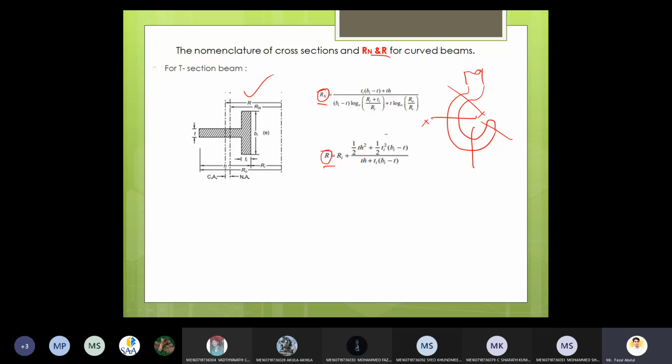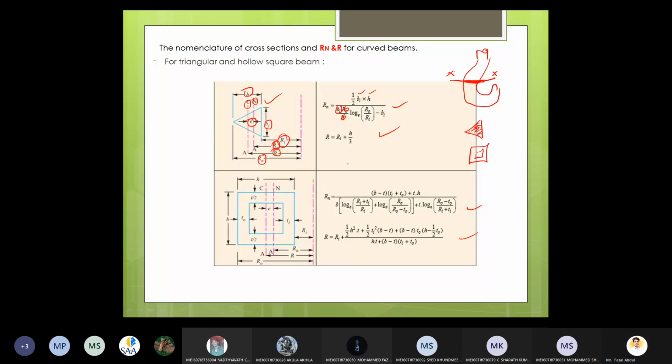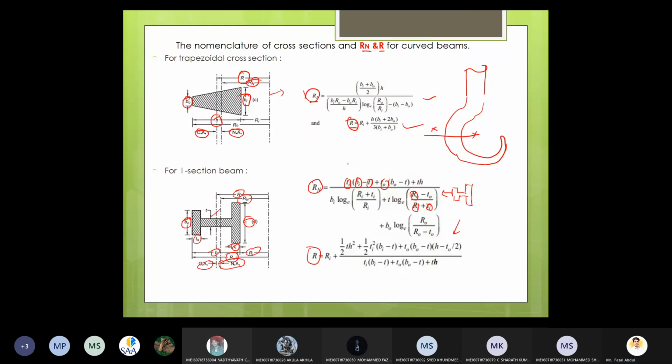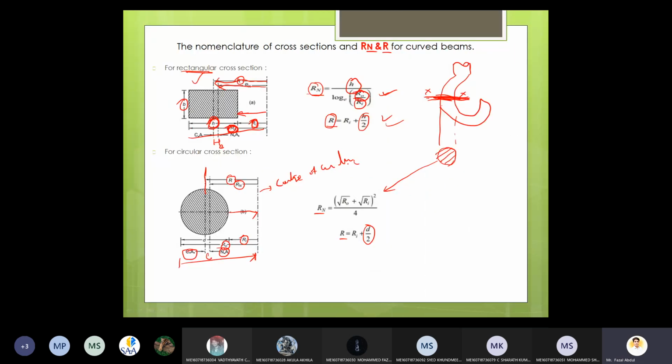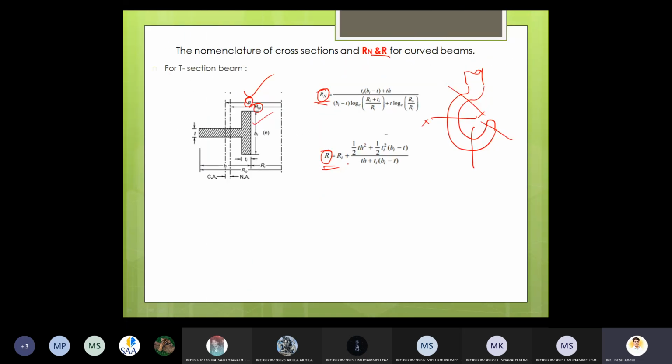It means in this topic, particularly in this unit, to solve the numericals, you have to be perfect with the notations as well as the terminology whatever is there, and based on the shapes the equations you have to remember. So total how many shapes are here? So say this is a 1, 2, 3, 4, 5, 6, 7. Total 7 figures are there. For each figure, 2 equations are there. So 7 into 2, 14. 14 equations if you remember, so easily you can solve the problems and you can get the good score also.